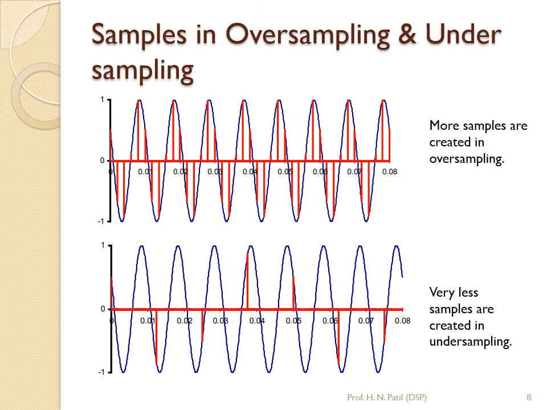This figure shows how oversampling and undersampling take place. In the above figure, the samples are taken in greater number. Here the red vertical lines indicate the number of samples, and in the below figure the samples are very few in number. So if you take a larger number of samples, then the original signal can be recovered in very good shape. But if you take very few samples, then the original signal cannot be recovered back.